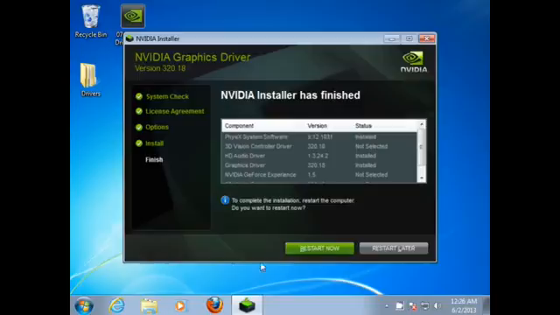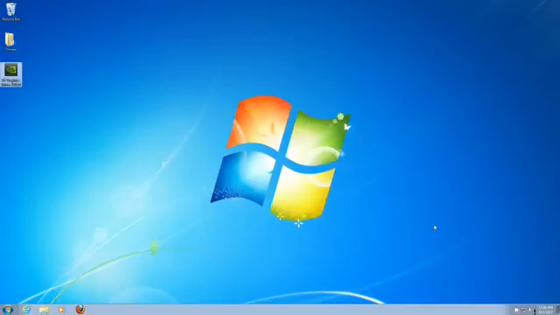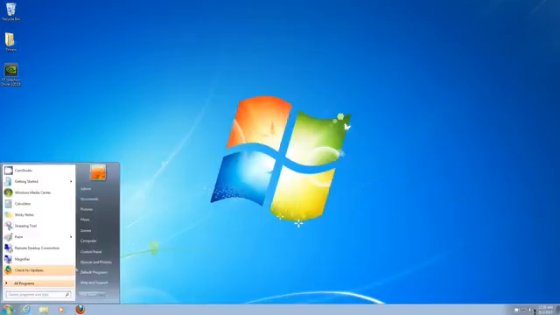Okay, now it's finished. It's going to ask you to restart. Once it restarts, you can obviously start messing about with the settings. I'm going to restart this now, and then we'll come back and have a look at some of the settings you can set up. There we are. That looks much better. It's all finished installing. To get to the graphics card options, you can go to Start